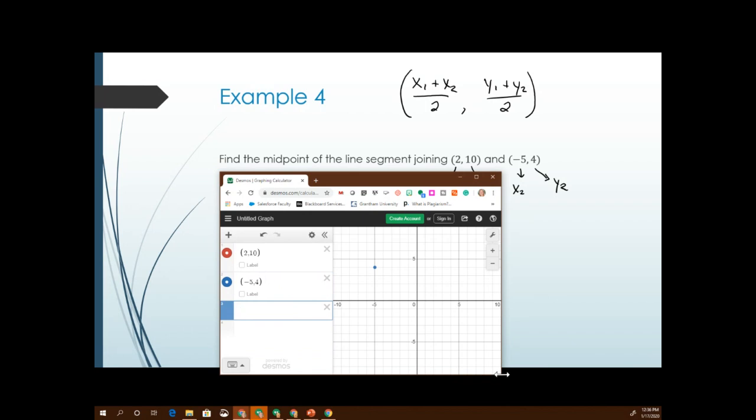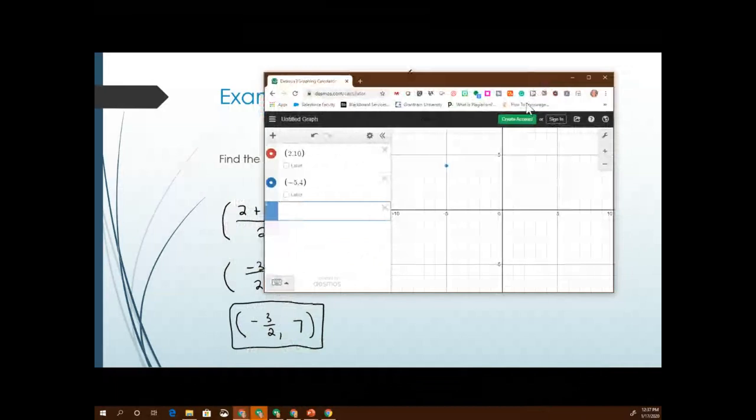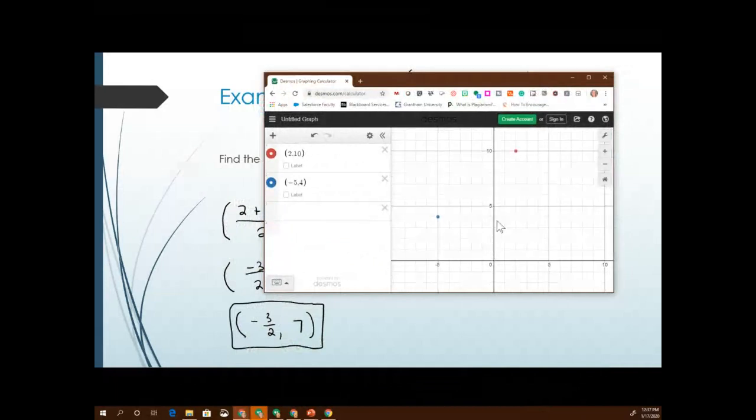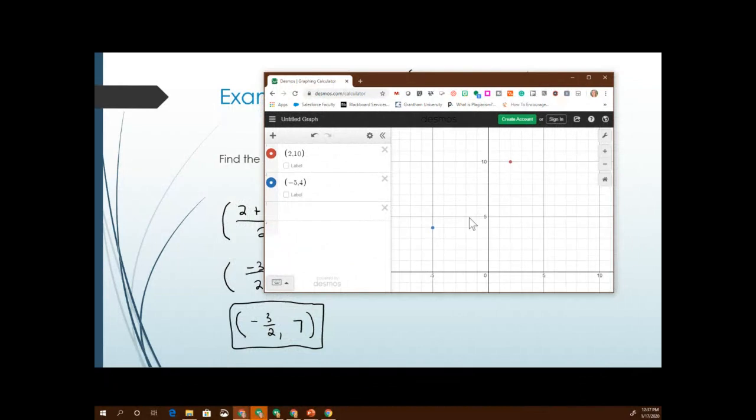Okay, so now I'm going to adjust my window so you can actually see. You can click and drag this graph part so you can see your 2 points. So those are 2 points, and then you can see whether your midpoint actually looks like the midpoint. So I'm going to put in what we just found the midpoint for. So I have my parenthesis, I type in a -3, and then the slash next to the shift button,